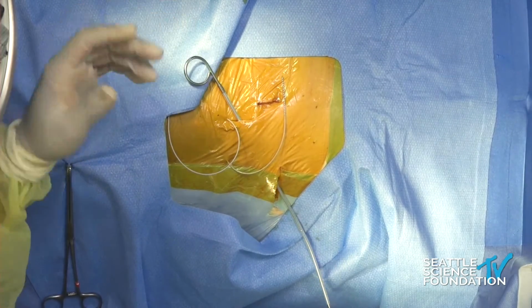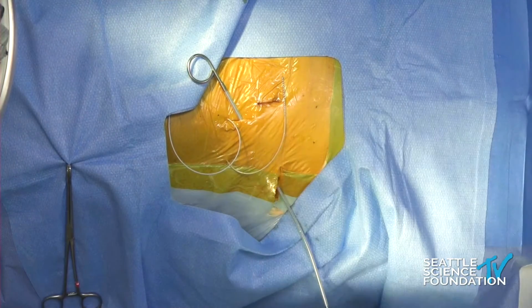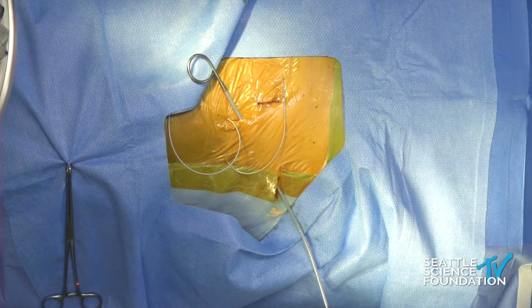Anyway, so the idea here is once we have the actual instruments, pull out the metal insert, then you have the straw, we'll tunnel the leads over, and then we connect it to our IPG. So one of the unique things about the Biotronic system, this is the Prospera IPG,